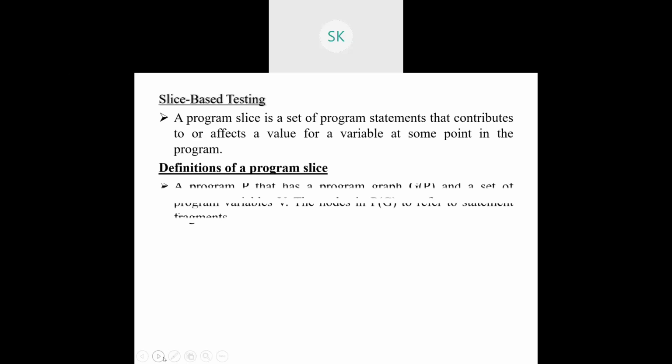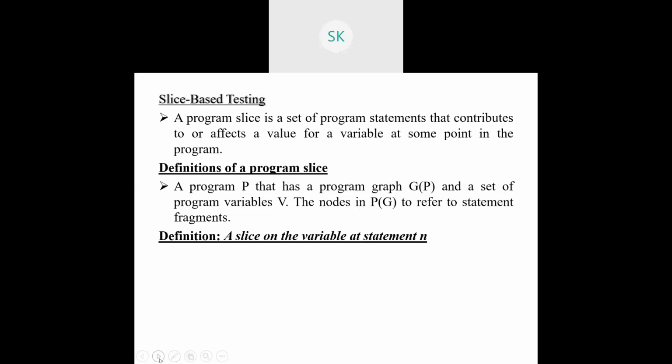That is the meaning of the first statement. For the second statement, there are many definitions available. First, we need to assume something, and the assumption is very simple. This is structural testing, so we need a program called P. For that program, you can write a program graph, or flow graph, or control flow graph. The program graph is called G of P, and it contains a number of variables. Those variables you can list and keep in one set called V, uppercase V. The nodes in G of P always refer to statement fragments. Whatever number you give to the statement fragments, those are your nodes.